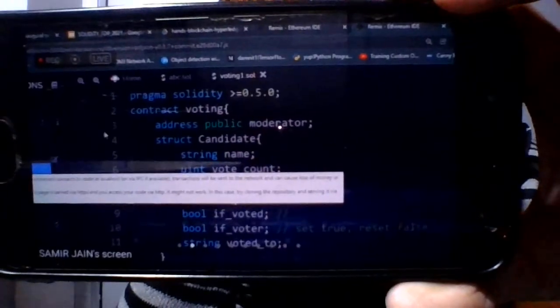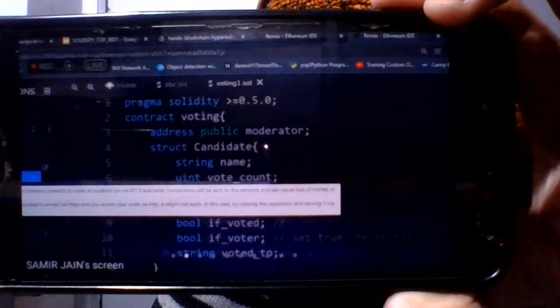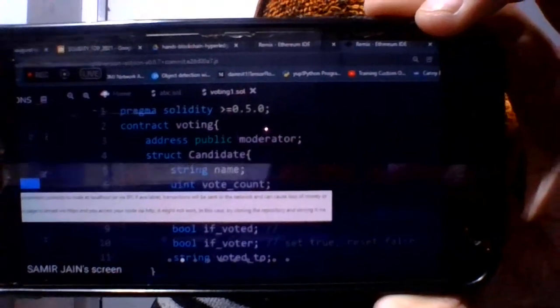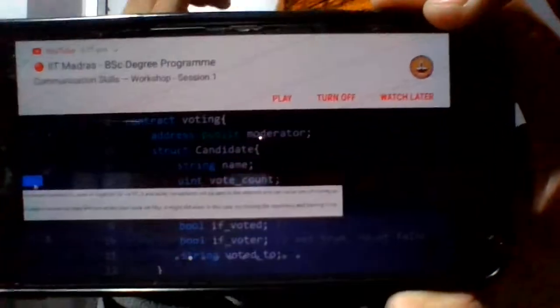And Web3 provider is also used when there is a local blockchain, or a blockchain network that is already running somewhere, and you have certain parameters with you, like the port number as well as the IP address of that Web3 provider. So since we are using this Remix, and here line number 43.